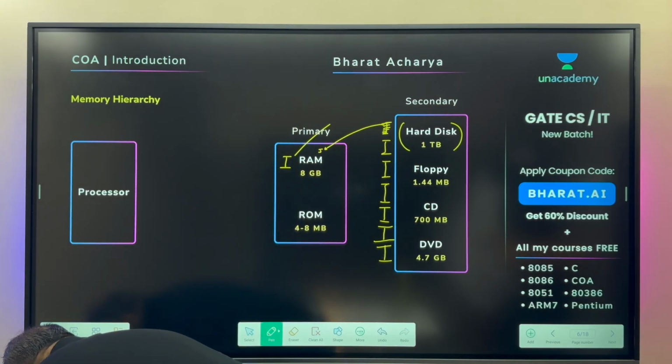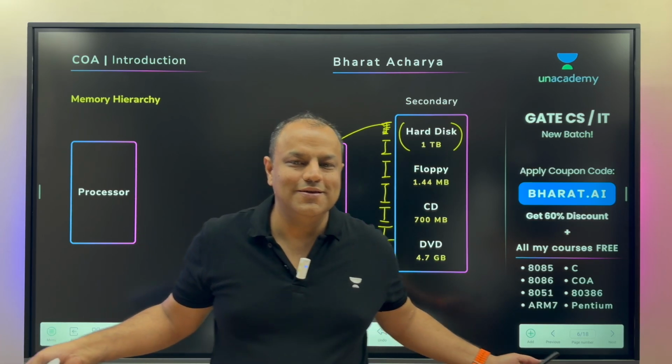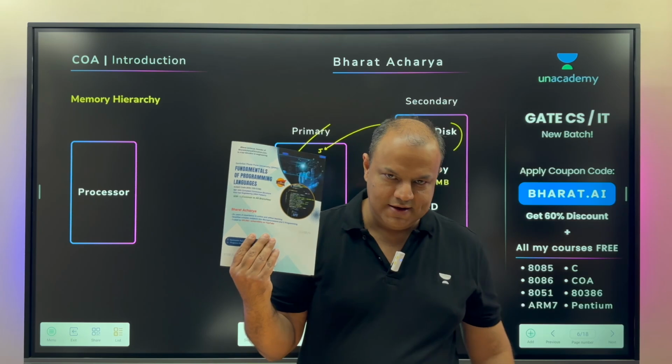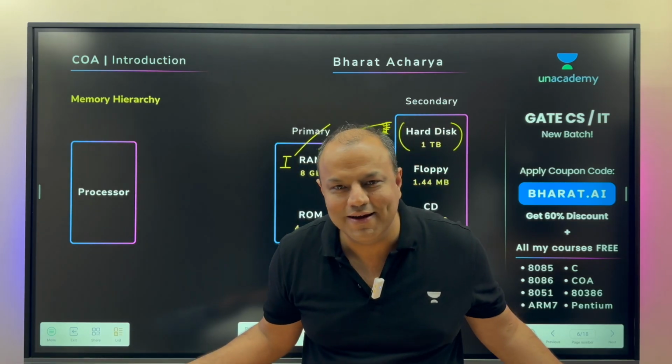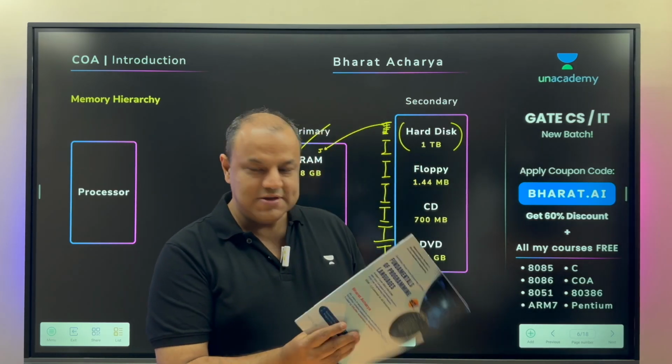One second. I may probably have some book of my own. See, if I had a script, I would have the book on the table. It just comes from so many years of teaching. Yeah, this is my own book. I'm not trying to promote, so I'm going to hide the name of the label because that's not the intention of this lecture. I'm just telling you, I'm the author. I write textbooks. So yeah, you can see Bharat Acharya.